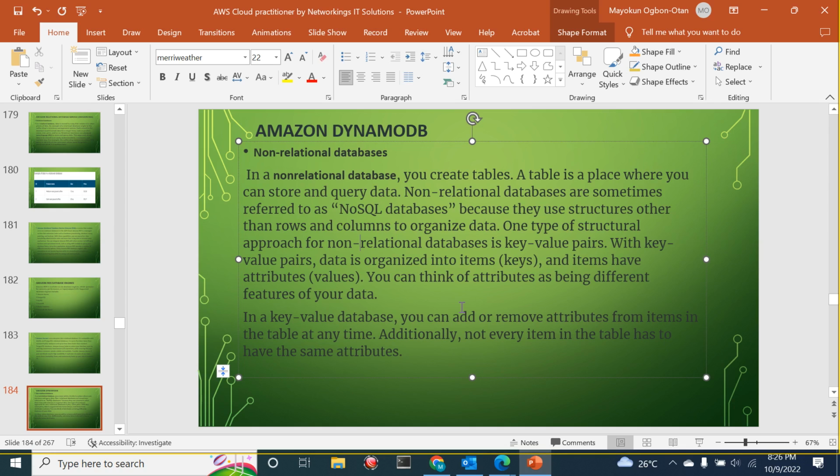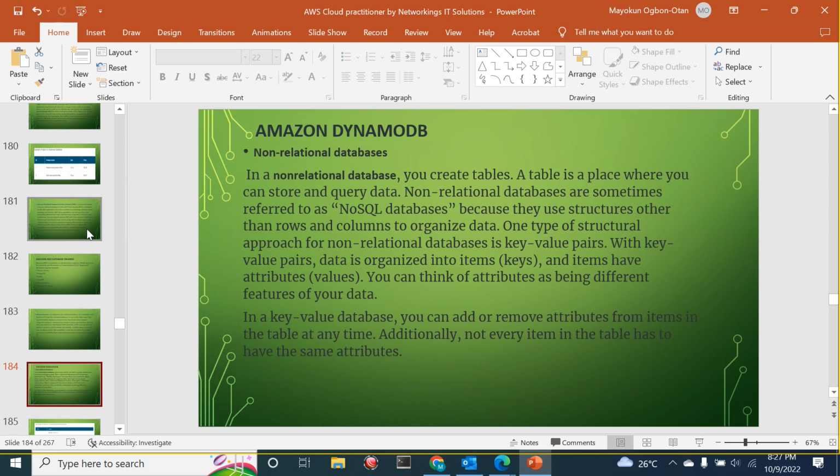Additionally, not every item in the table has to have the same attributes. Now, just understand that Amazon DynamoDB is an example of a non-relational database, while Amazon RDS and Amazon Aurora are relational databases. Okay, so